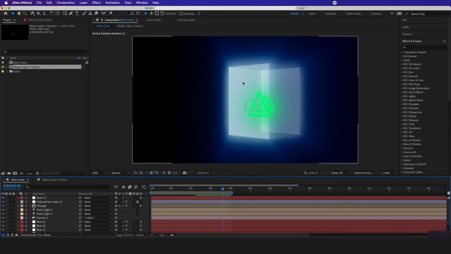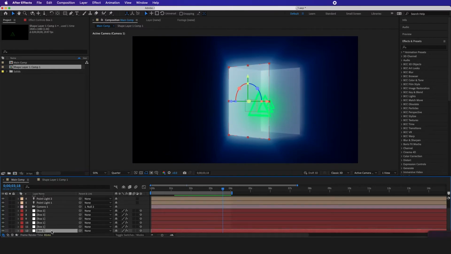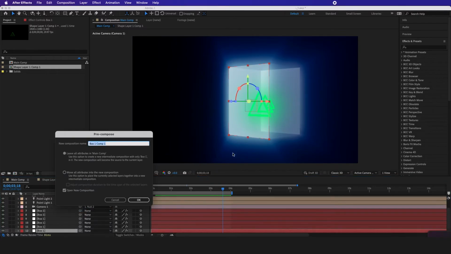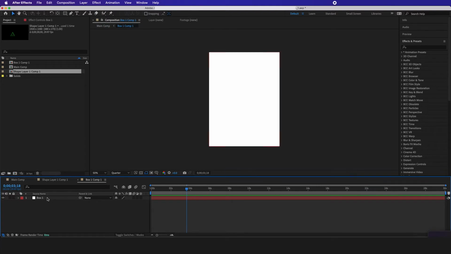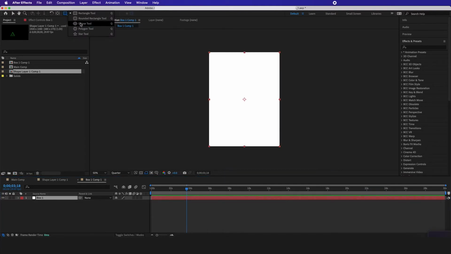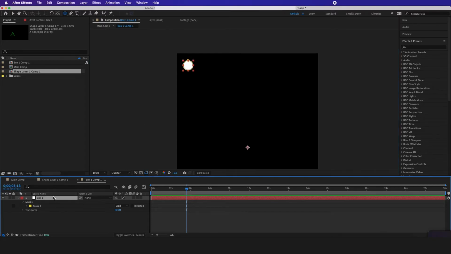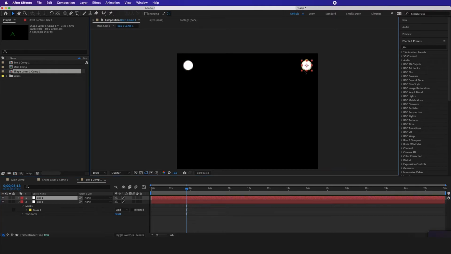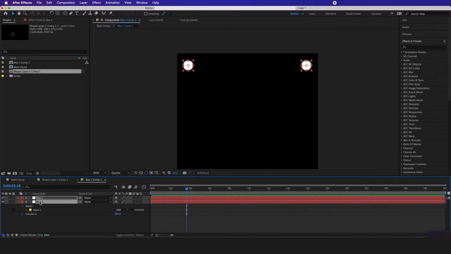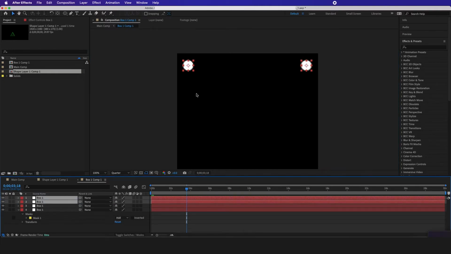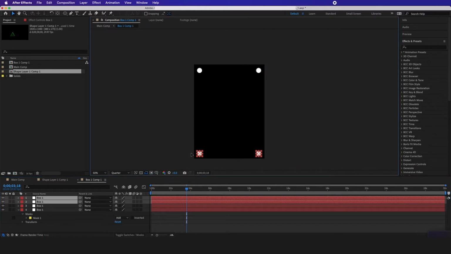Now to add design to the boxes, we can just go to the first one, right click, pre-comp it, and then I want to select this layer, and I want to select the ellipse tool right here, and I'm just going to create a little dot right here, and I'm going to duplicate it, bring it right here, try to get it symmetrical, and I'm just going to duplicate what I did at the top down to the bottom,